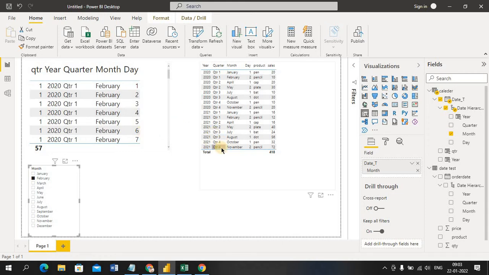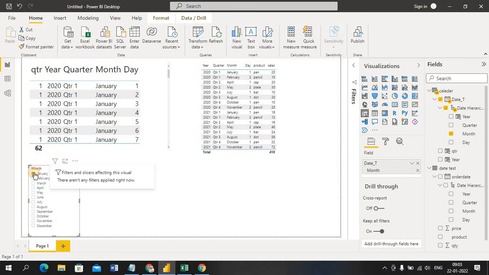Guys, is it clear for everyone what I'm trying to tell here? Yeah, bro. So if I select any of the filters here, like Jan, only this one table is interacting with me as per my selection, but the other is not interacting. If I want to interact, guys mute please, if I want this table to interact also, I have to build the relationship between these two tables.